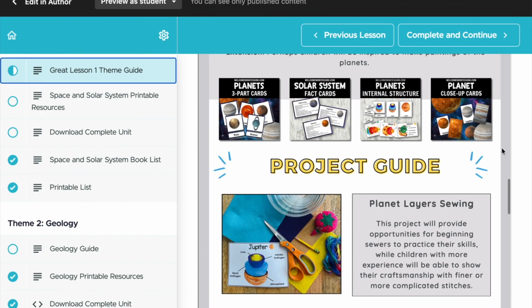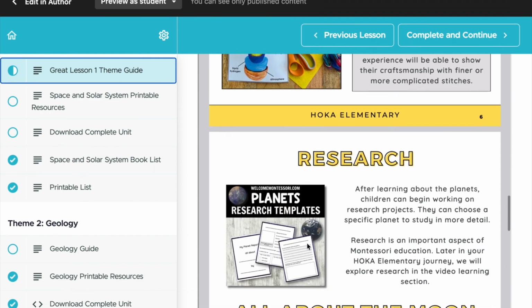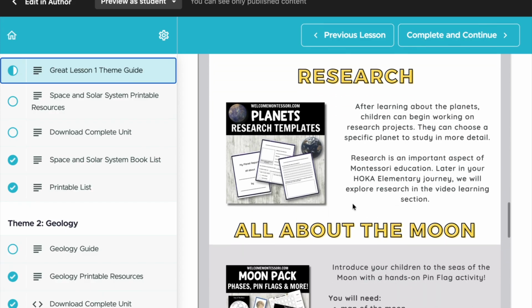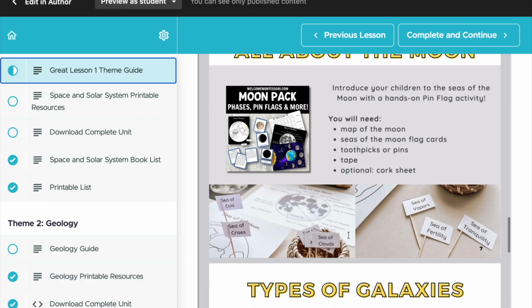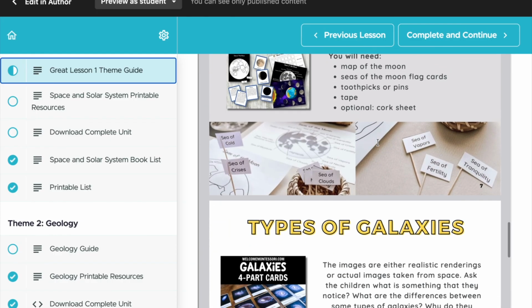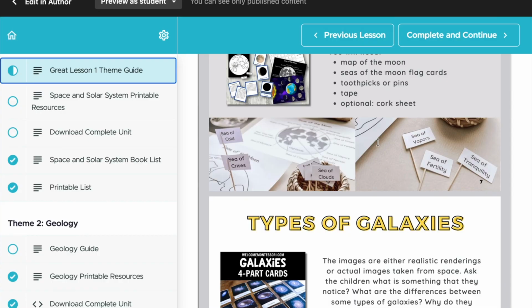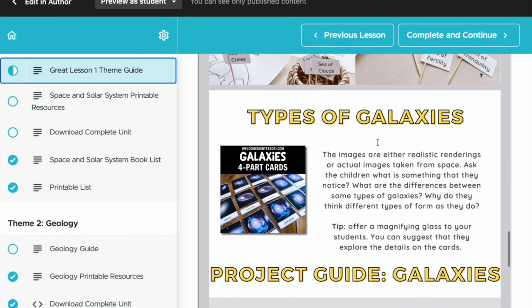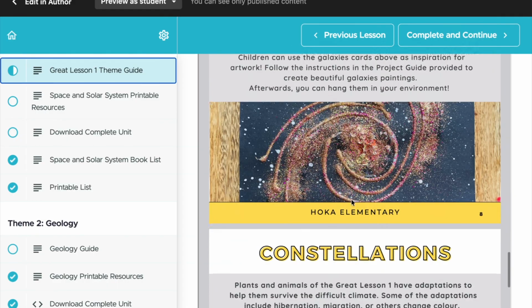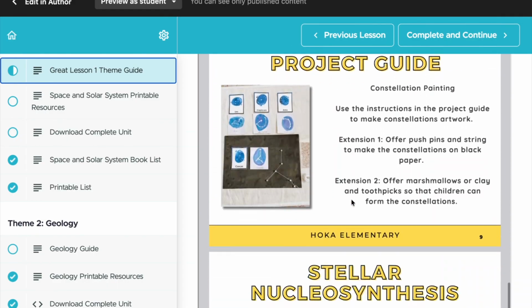So you'll teach these lessons and have this craft on the shelf. Research templates. Here they are to find them. All about the moon. A specific moon pack we have here with this. So really helping you plan and see what goes with what to support your curriculum. Project guide to go with galaxies, for example, project guide here,